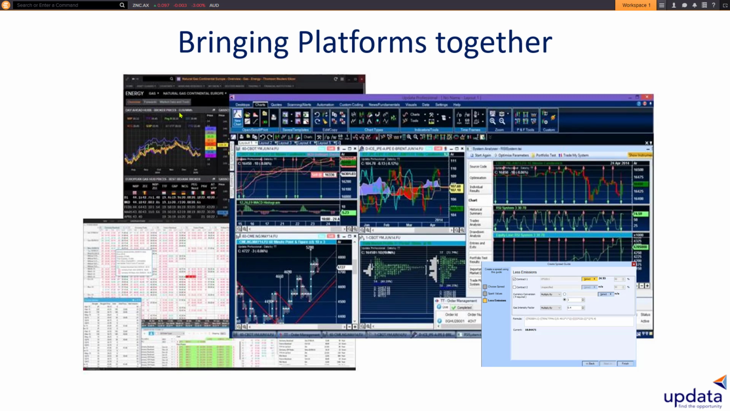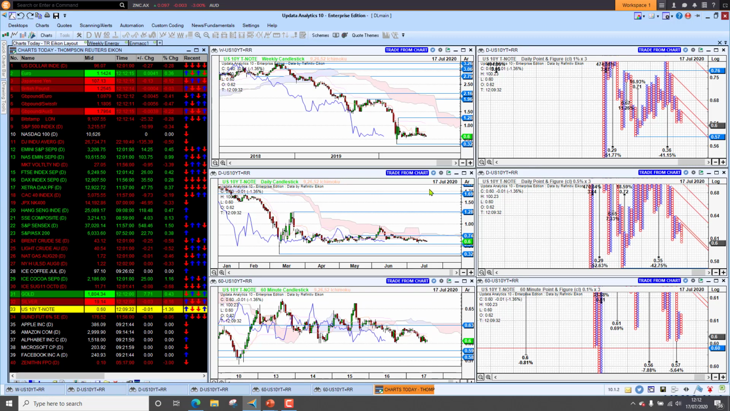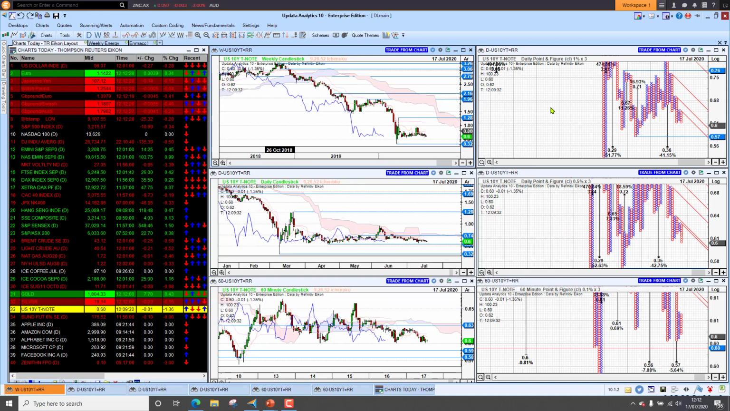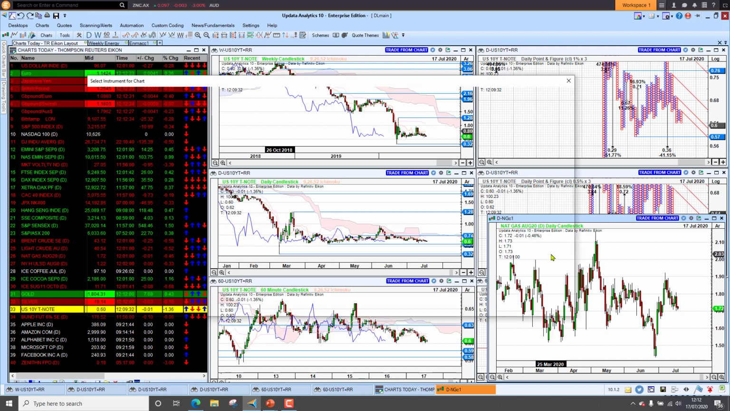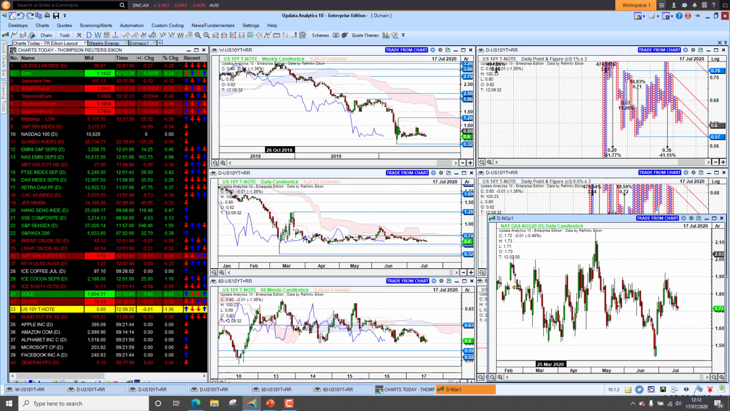In terms of bringing the platforms together, you can run on multiple platforms, and in fact I'm running Updata here in the background, and to give you an example of that, I've got about 15 different data services all pulling into Updata at the same time. So Updata is totally agnostic about where the data comes from. So this chart is coming from Thomson Reuters Icon, but it can be coming from any one of these services. So you just connect in, and that then means that you can cross